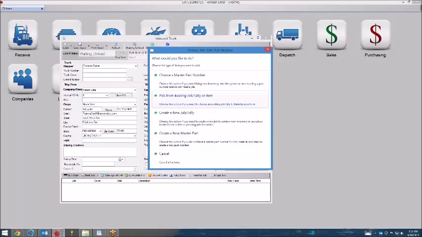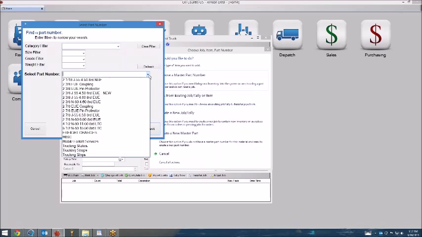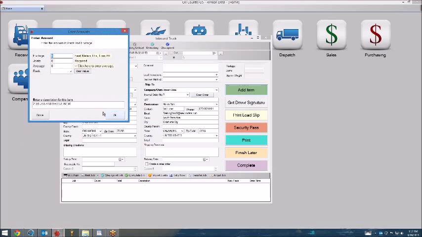and from here the Choose Job, Item, or Part Number screen appears. For most workflows, choose a master part number will be the best pick as it creates new inventory. So now this truck is carrying about 755 feet, or about 25 joints, of new 2 3/8 J55. So we created a part for that earlier. Now we just need to find it in the part number dropdown. Here it is. So there's the part number we want, and then we click Select to choose it,